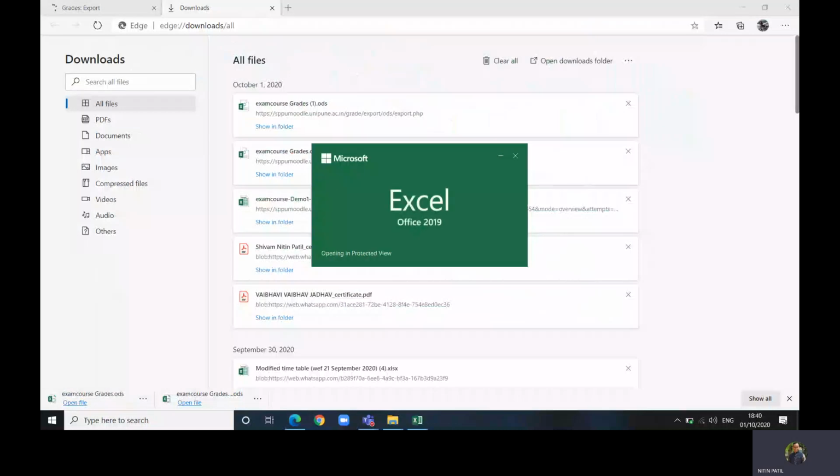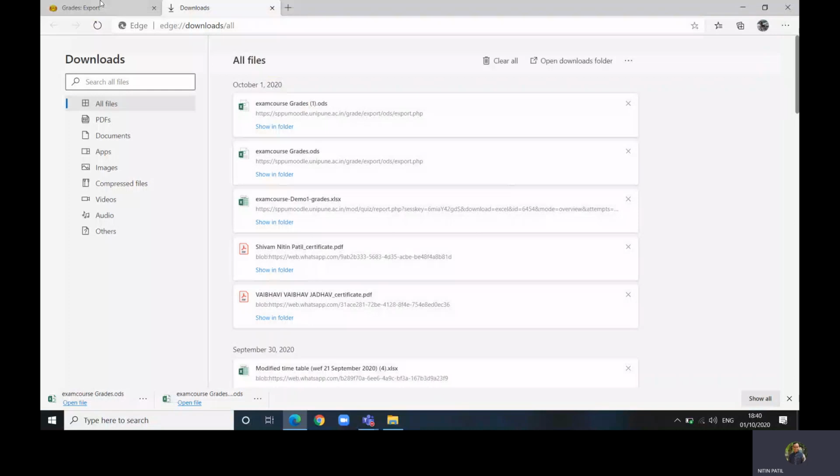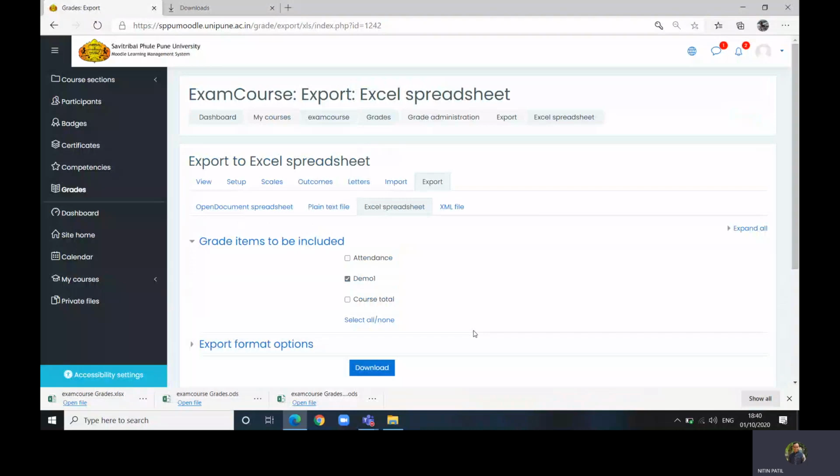So this would be the final result that I am making, for example, this particular student's name and his details. So ultimately you can get this data, right? This is how one can download the result through this Excel spreadsheet. And these are the kinds of settings that you have to mark accordingly. If there are further questions, you can ping me on my WhatsApp number, which we already have grouped.